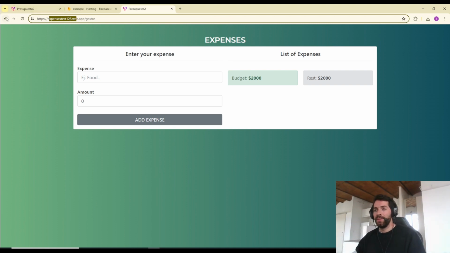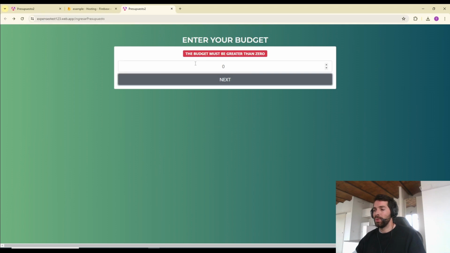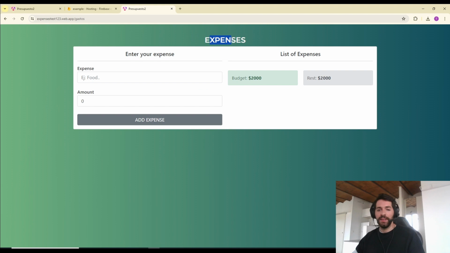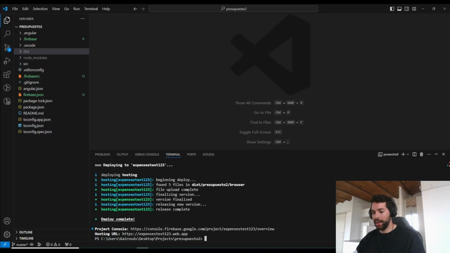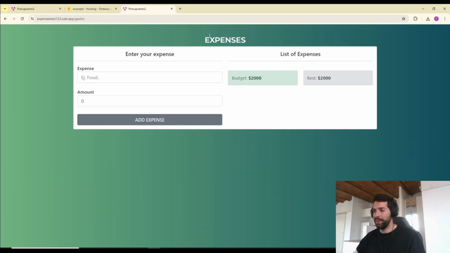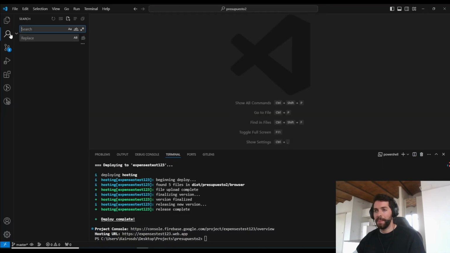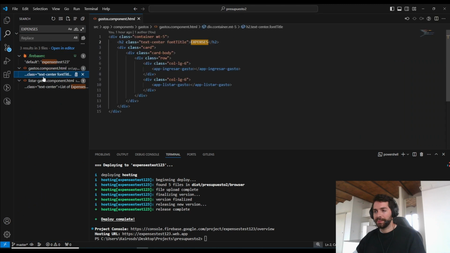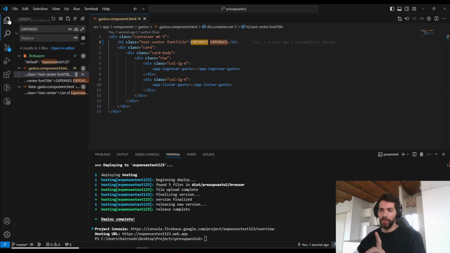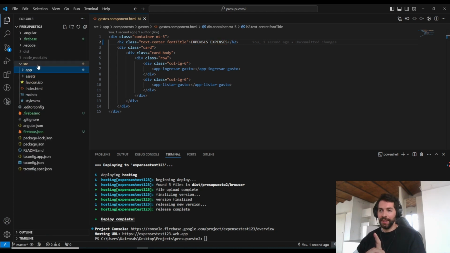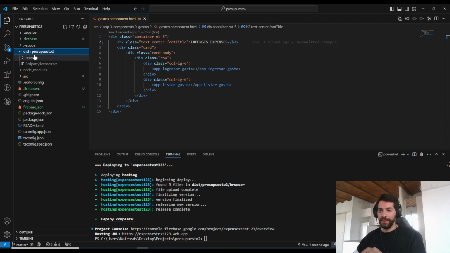For example, if you want to make a change, here I will change something. What do you need to do? Okay, I will go to the project. I want to change this word, for example. I will put expenses 2 times. As a first step, you need to build this folder again. I will put ng build,